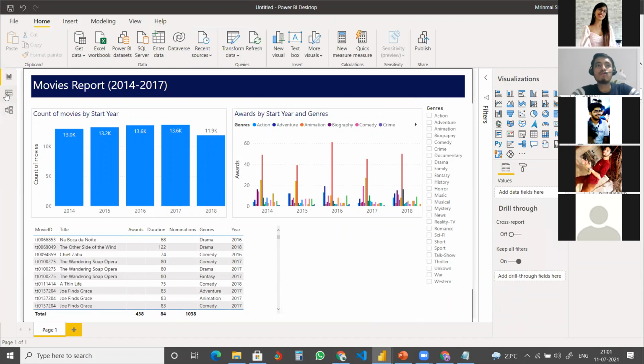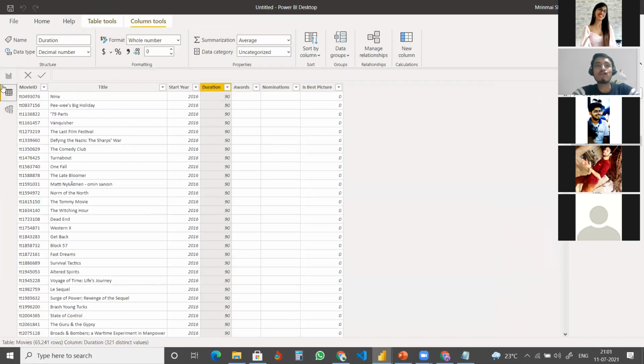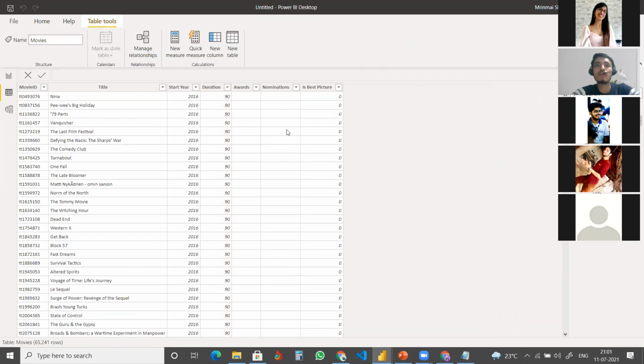So you just go to the data model, or you can create it from the report view also. Just click on the table in which you want to create a new column. Here you have table tools. Inside tools you have new column, new table. You can create a new measure, we will see what a measure is, or else you can just right click and create a new column. So I'm going to create a new column,